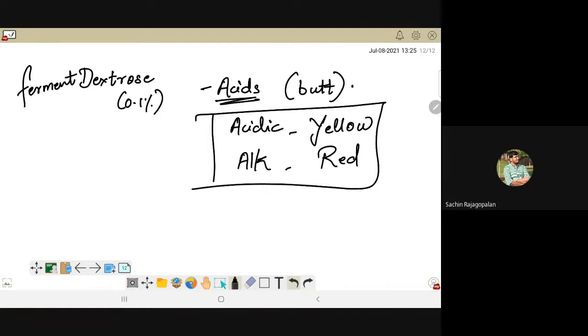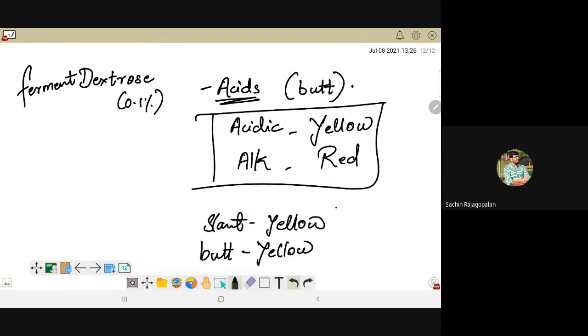So if you see that the butt is yellow in color, it's an indication that your organism is able to ferment dextrose. Okay, and if you don't see yellow coloration in the slant, you can confirm that indeed this organism has the ability to just utilize dextrose and not lactose and sucrose. क्योंकि अगर वो lactose और sucrose भी utilize कर पाते, तो the amount of acidity that they produce is going to be so huge that even your slant would turn yellow.